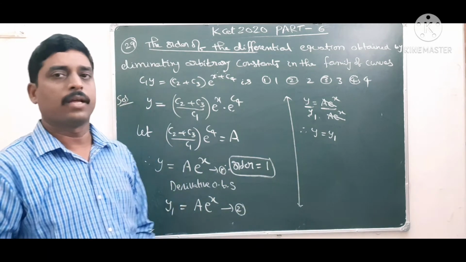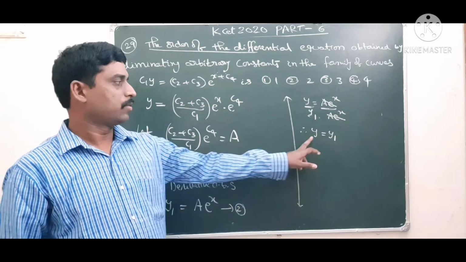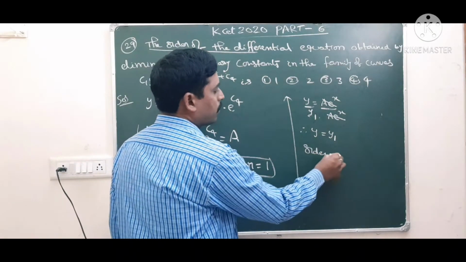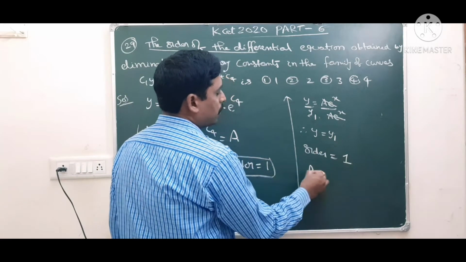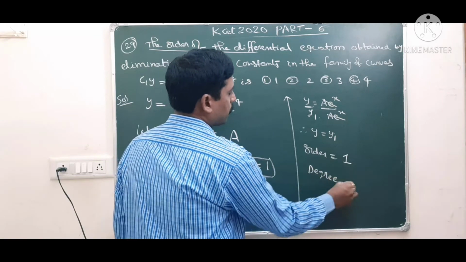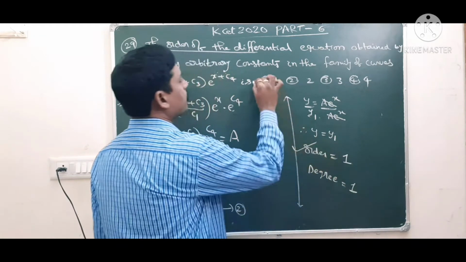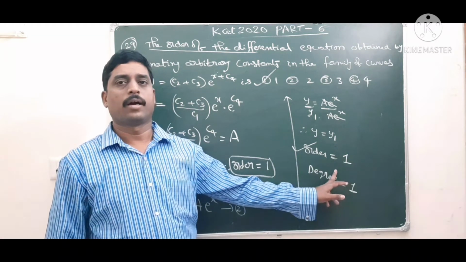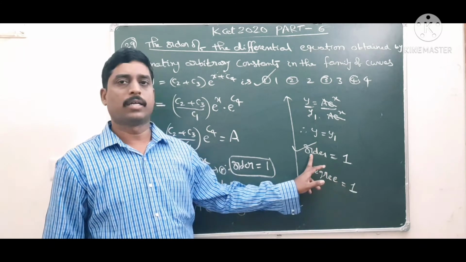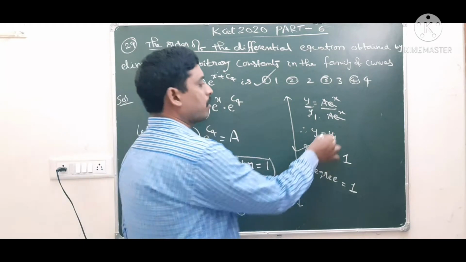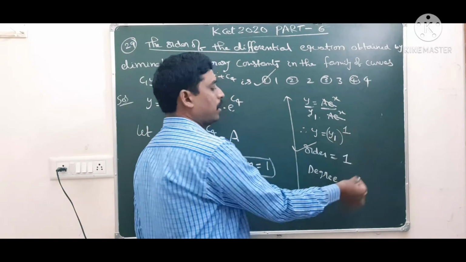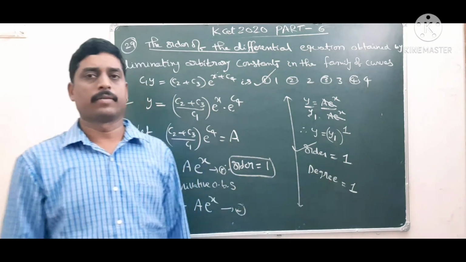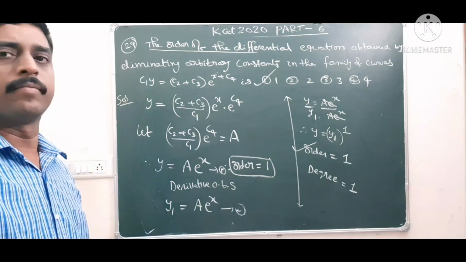What is the definition of a differential equation? An equation involving derivatives. So y is equal to y1 is a differential equation. In this, the order is 1, a first order differential equation. Degree also 1. So degree is no need, order is equal to 1. First option correct. So what is the order? The highest derivative of a differential equation is called the order. Power of the highest derivative is the degree. So the power of the highest derivative is also 1. This degree is equal to 1. Highest derivative is order. So order and degree are 1, 1.